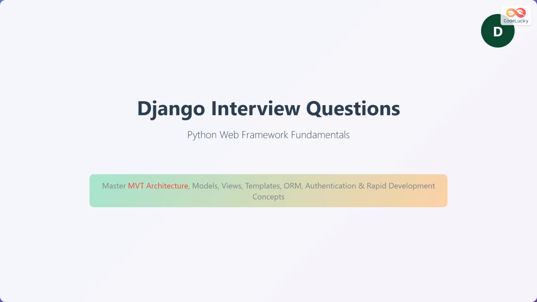Django is a high-level Python web framework that enables rapid development and clean, pragmatic design. It's one of the most popular backend frameworks used by companies like Instagram, Pinterest, and National Geographic. Django follows the model view template architecture pattern and comes with built-in features like user authentication, admin panel, and object